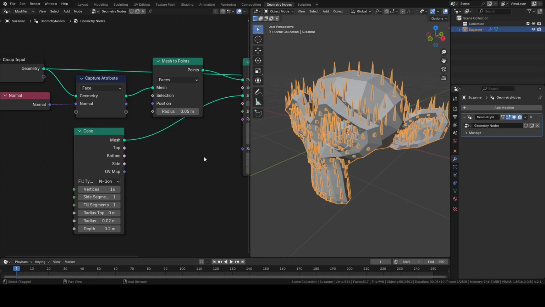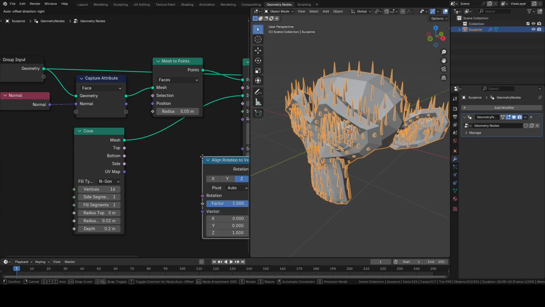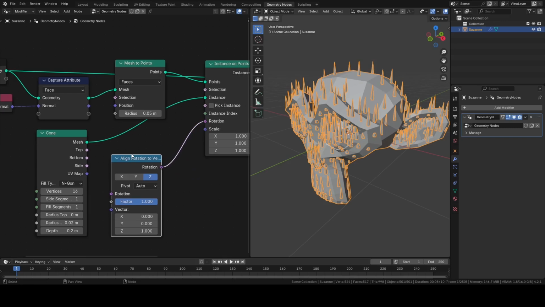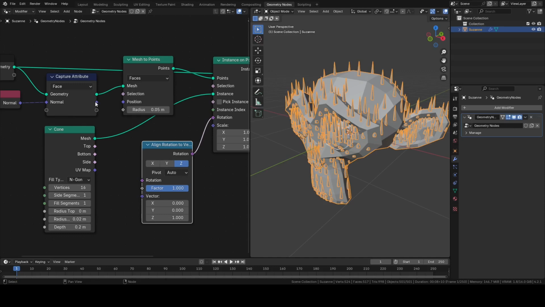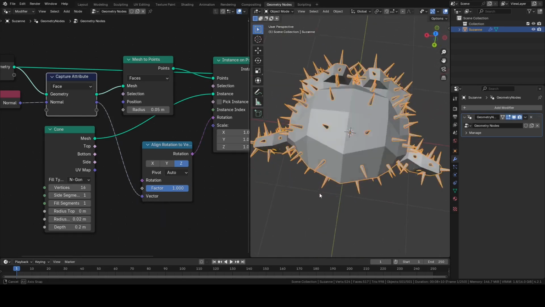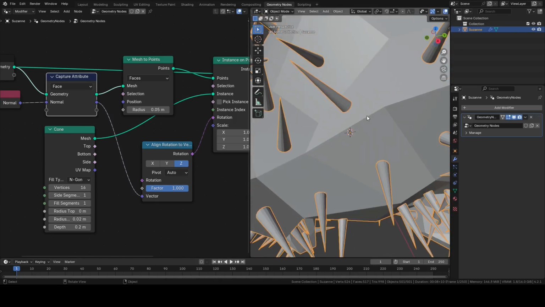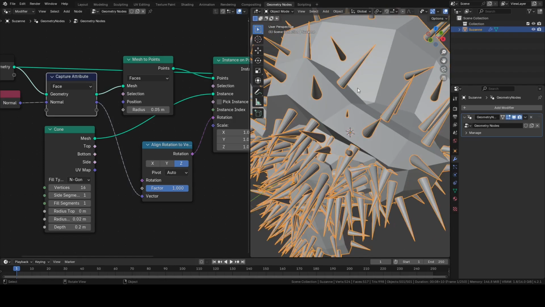So we are using an align rotation to vector, and we want to put this into the rotation, and the vector we want to align to is the captured attribute, or normal. So we put this into the vector,